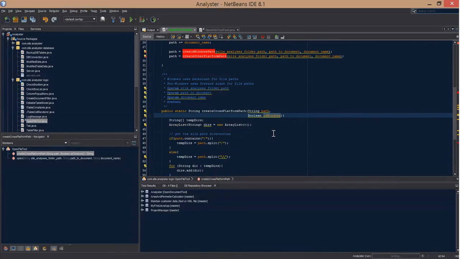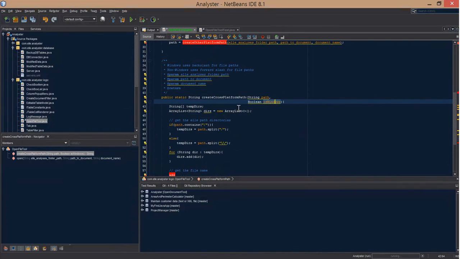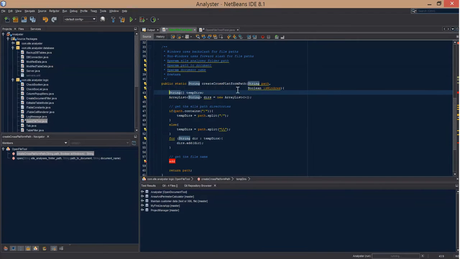I don't think I'll need any other methods. This is really the only method that I will need to handle the path and correct it, turn it into a Windows path or turn it into a non-Windows path. And so by keeping it in here, it's really encapsulated for itself. So you can just call it. And if I want to move this method, maybe we have a class that handles all these types of things, and it would be more appropriate somewhere else,